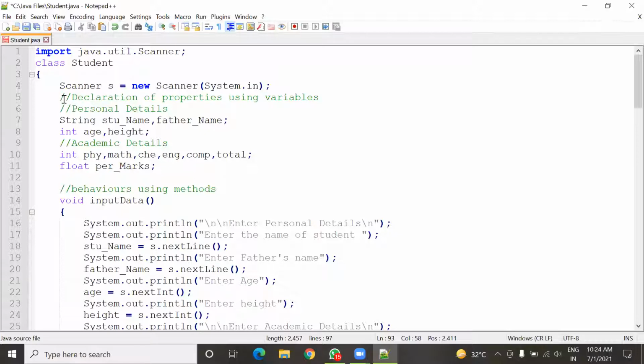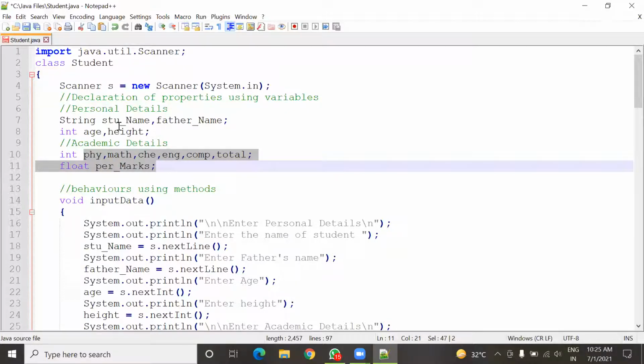Here you can see that I have declared some variables like age and height. Next you can see physics, math, chemistry. These are the variables. In the program we need variables to store certain data. This whole program is dedicated to storing details of a student.